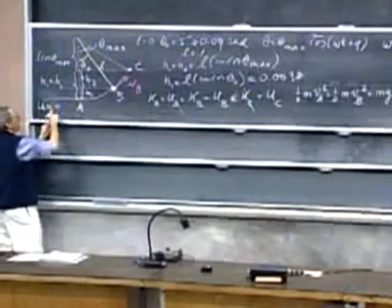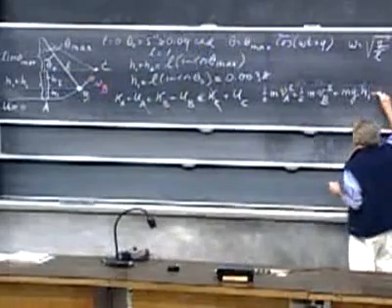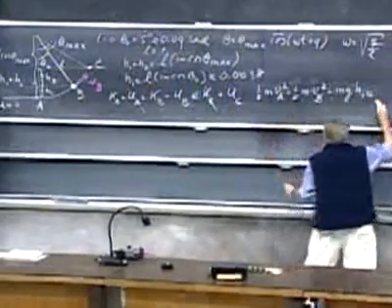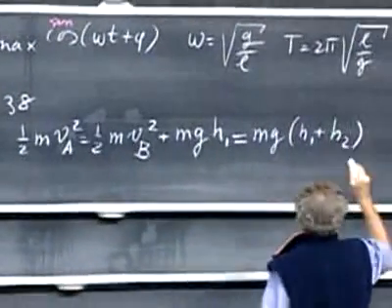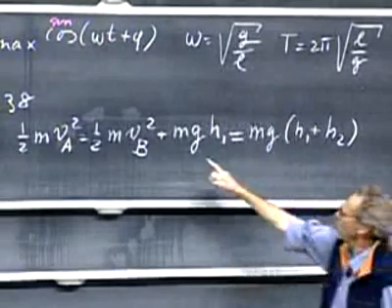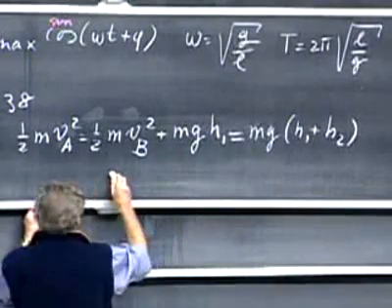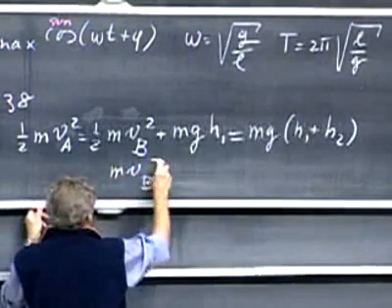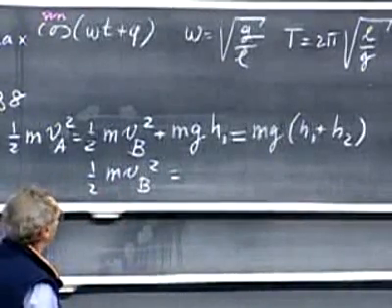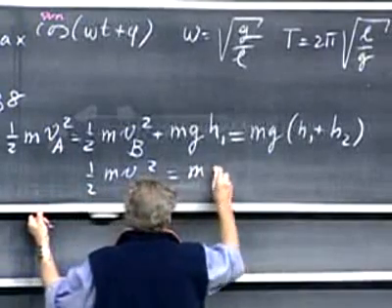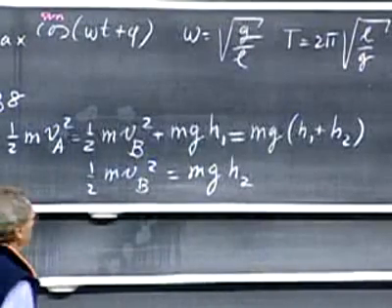It's higher than this point A by the vertical separation h1, and that equals the potential energy at point C, which is mg times h1 plus h2. And if you compare this part of the equation, you see that you lose mg h1, and so you'll find that m VB squared, I'll carry the 1/2 for now, we can still do that, equals mg times h2. And so you will find immediately h2